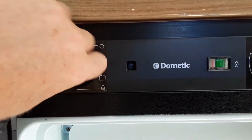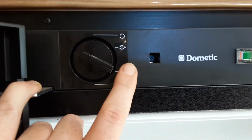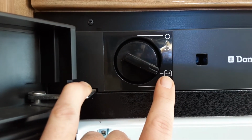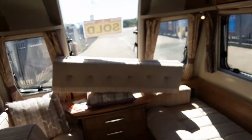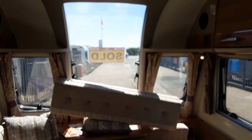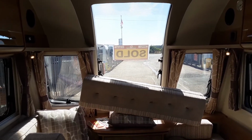If you want to run the fridge on 12 volts, you can also do that, so you need to select the 12 volt battery. However, the 12 volt battery is not the 12 volt battery on board the caravan. It is simply the 12 volt supply from the car you are towing with. So if you connect to the car, you would need to be connected to the car at the front of the caravan. Now, like I said, it is not the 12 volt supply from on board the caravan, it is just from